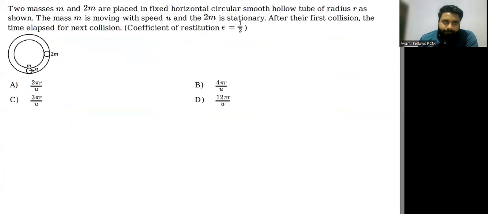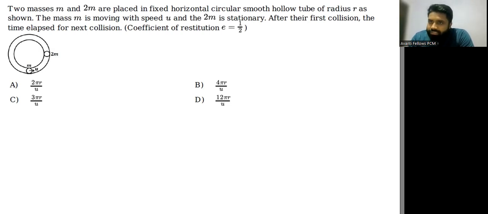Now, it is a very important question also. So two masses, small m and 2m, are placed in a fixed horizontal circular smooth hollow tube. This is a tube, so these particles can never come out. Of radius r, as shown. The mass small m is moving with the speed u and the mass 2m is stationary. So after their first collision, the time elapsed for the next collision,